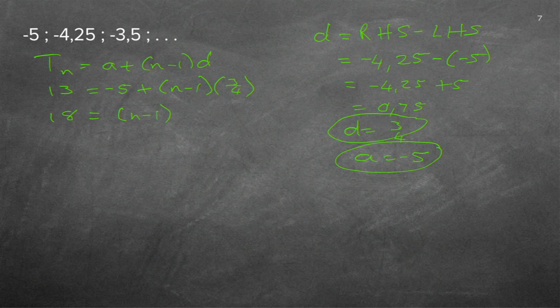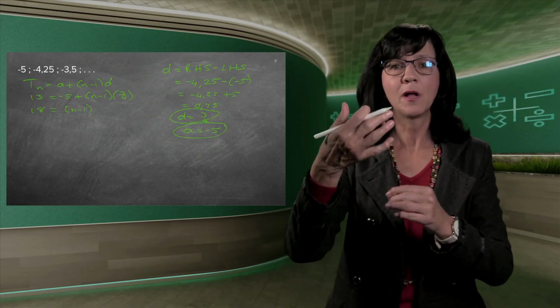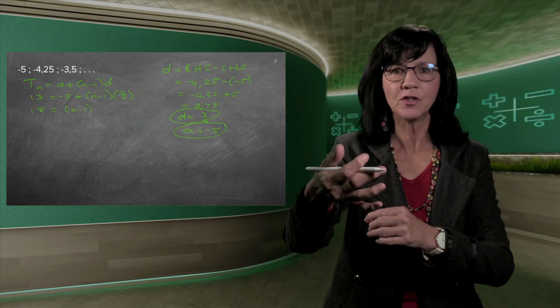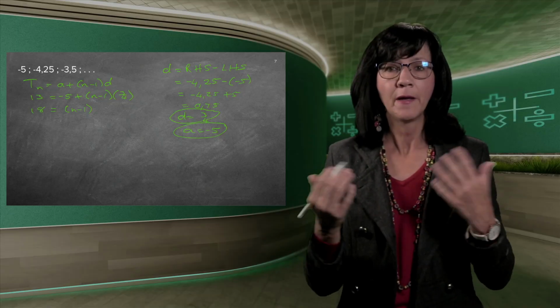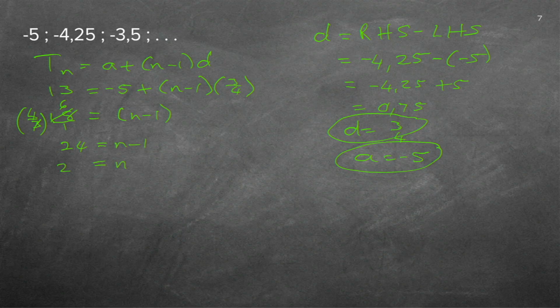And how does one get rid of a fraction? Because now there's a 3/4 behind the bracket. I don't want it there either. So if I multiply a fraction with its inverse, in other words, 4 over 3, I will get rid of it. But if I do it that side, I must do it this side as well. And I prefer, when I work with fractions, to make everything a fraction, otherwise I get confused. So now you just say 3 go into 18 6 times. 6 times 4 is 24, is equal to n minus 1. So n is equal to 25.